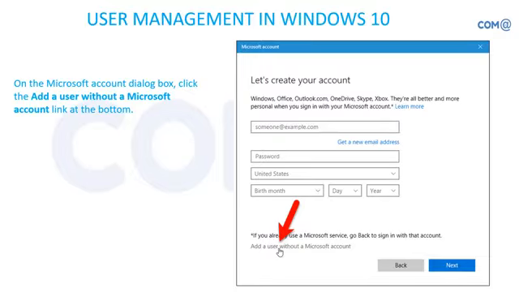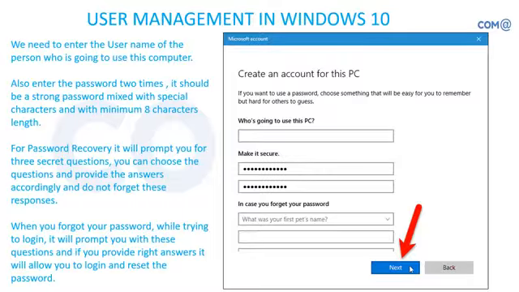Let's create your account, right? So you need not mention anything here. Just go to the bottom and click on add a user without a Microsoft account. So here it is prompting you for entering your username. So you can choose your own username, what is required based on your interest, and you have to enter the